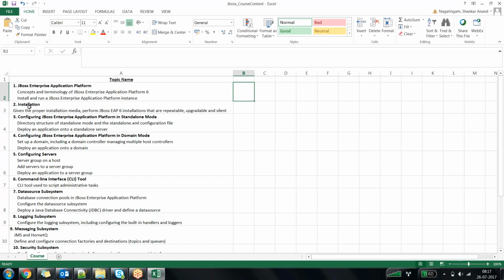Unlike any other certification in the market, which are all multiple choice questions, and for a couple of exams you might get the dumps, JBoss certification is a two-level certification: JB 248 and JB 348. One is associate, the other is professional. Both exams have 5 questions, and all of them are practical. Unless you know how to interpret the theoretical with the practical, since you don't get the dumps, it is very difficult to pass the exam. Raja, did I answer your question?